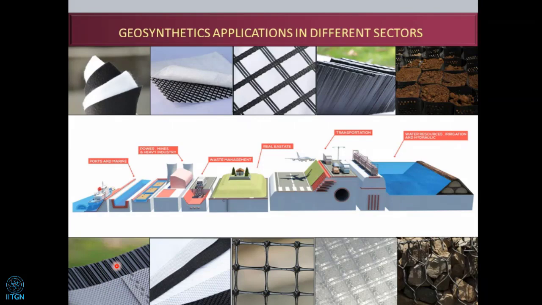Wherever the marshy soils are there and you want to have the consolidation in a reduced time period, you can consider this. You can have the various woven geotextiles. You can just see the black color, white color. This depends upon the requirement. It is not that only one color of product is available. The carbon black will give the black color to the product. So it is also as per the design of the product. We are just using the percentage of that.